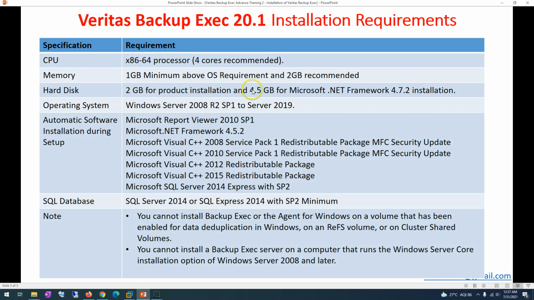For installation, you need 2 GB for the product installation, and 4.5 GB for Microsoft .NET Framework and other installations. The operating system support goes from Windows Server 2008 R2 Service Pack 1 up to the latest, Windows Server 2019. Some software is installed automatically during setup. These are a few applications that are automatically installed when you run the installation. A SQL database server is also required, a minimum of SQL Server 2014, and SQL Express can also be installed with minimum